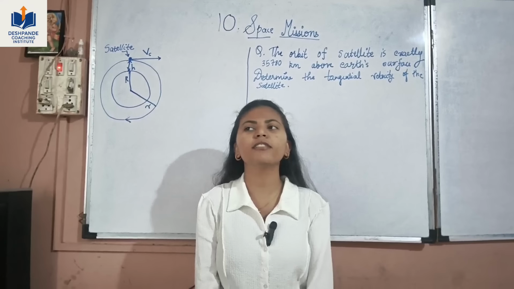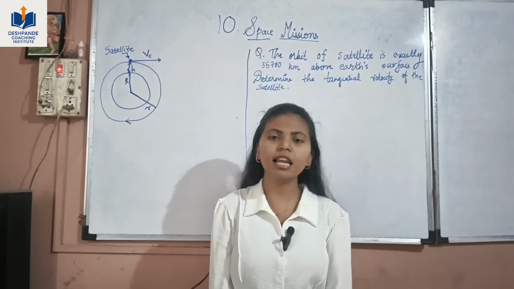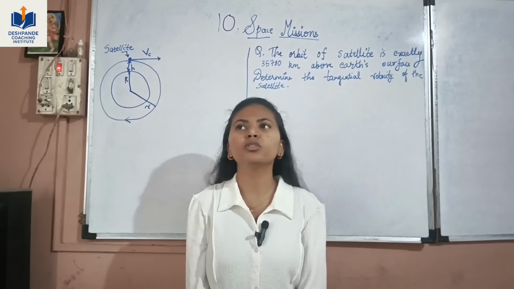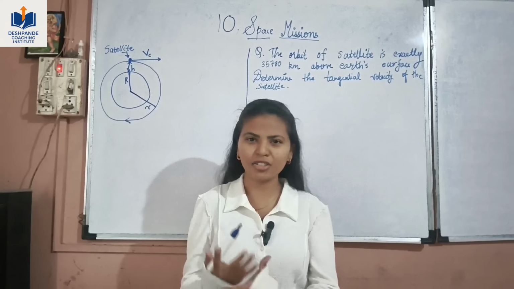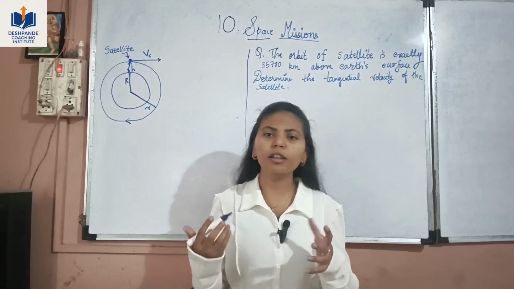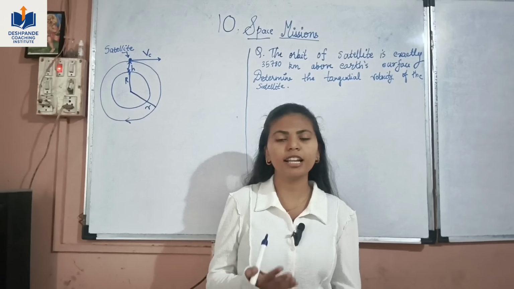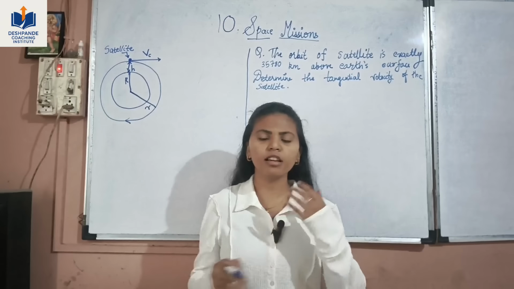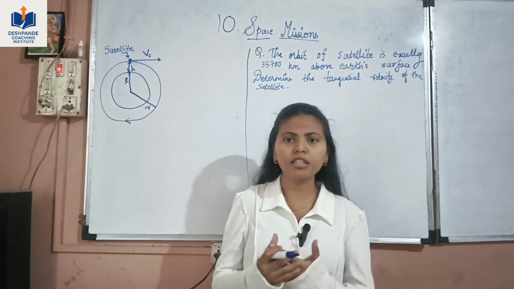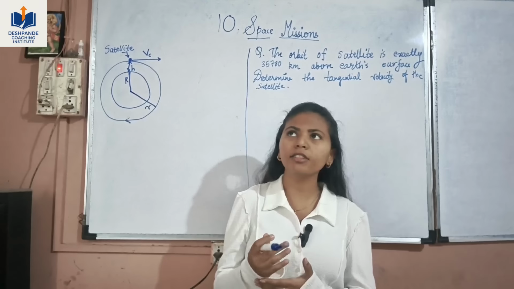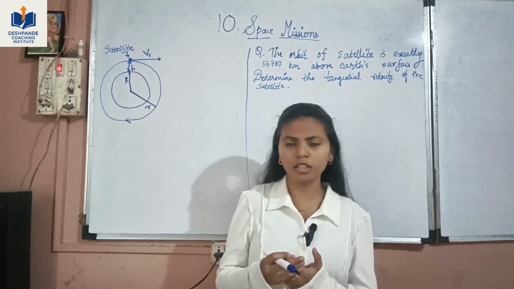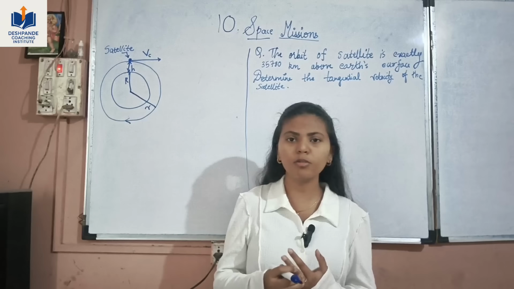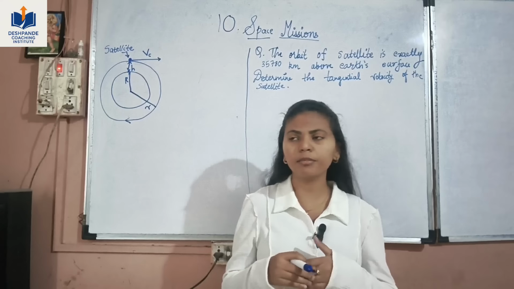Hello students, today we are continuing with the science series and this is the last chapter of 10th standard science textbook, which is the space missions. So in the space there are various natural and artificial satellites. You all might be knowing the natural satellite of earth, which is the moon, but there are many artificial satellites revolving around the earth in their orbits. So what is their velocity with which they revolve around the earth? So today we'll try to deduce the expression for their velocity and also solve a numerical on that specific problem.